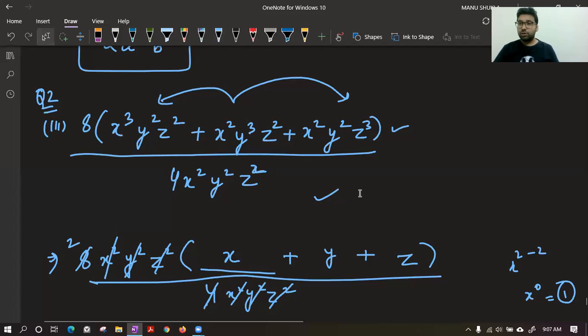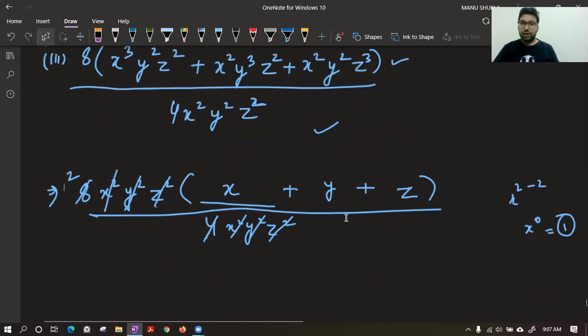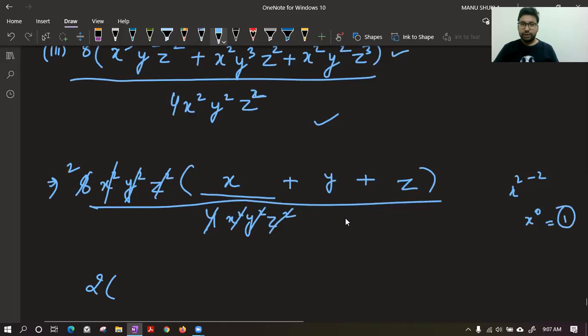No, no, Smriddhi, don't jump like this. Answer is twice bracket x plus y plus z, not x y z. Okay. Smriddhi, answer is not x, y, z, it is x plus y plus z. Okay. Now,